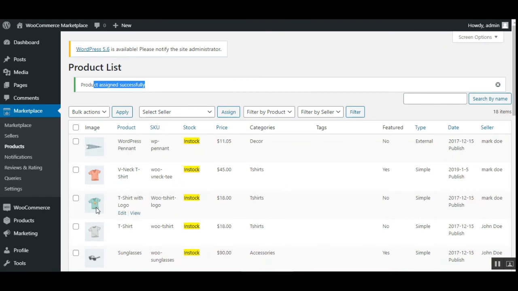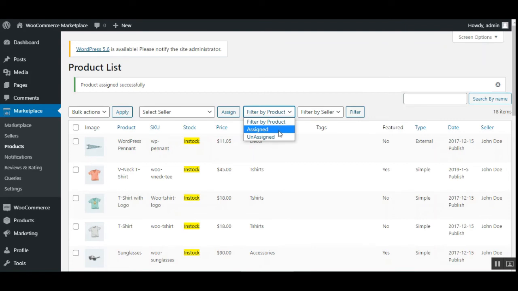And here for these three products, you can see that the seller is marked O, marked O, marked O. So if I go again for these three products and choose John Doe and tap on the assign button, now you'll see that the seller has changed here to John Doe, and John Doe. Apart from that, the admin can filter the products here, like the products that have been